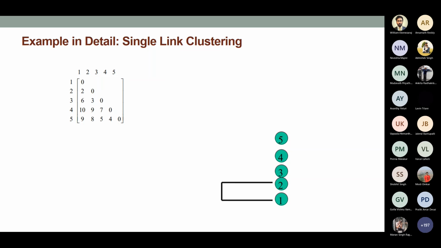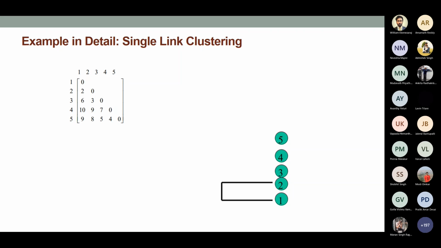Now, given this data, if I want to apply single linkage clustering technique, out of all possible pairs, I have to find the minimum value, which I'm going to merge next. In this case, I can merge points 1 and 2 together, which you can see on the right side, because among all possible clusters here, 1 and 2 have the minimum distance. So I'm going to put them together.